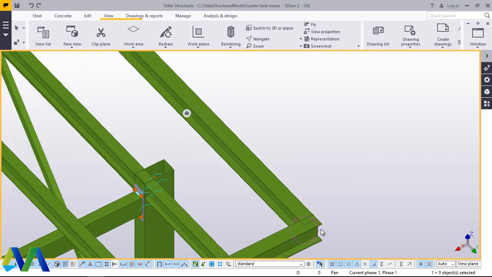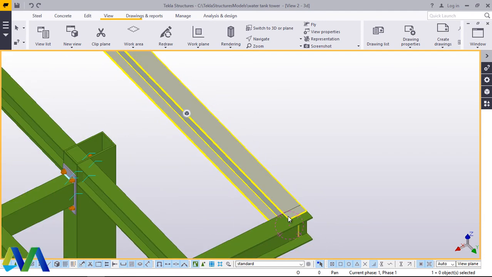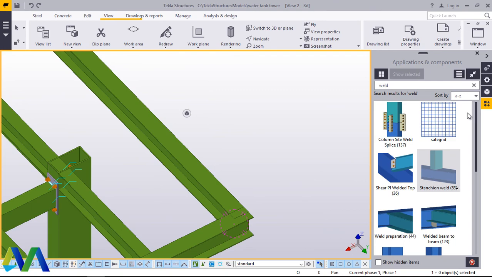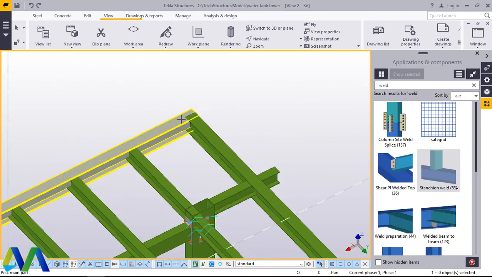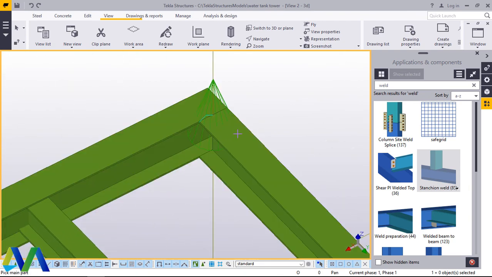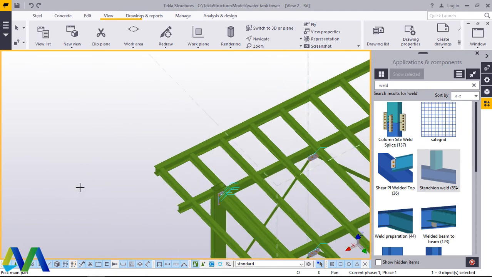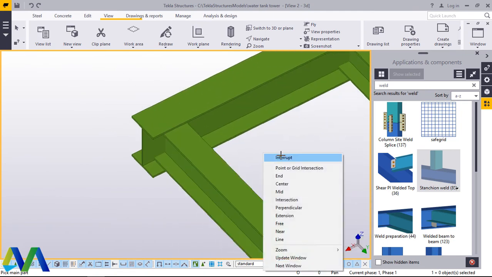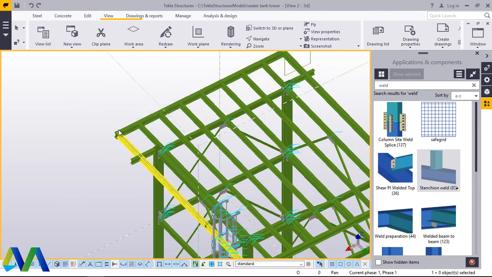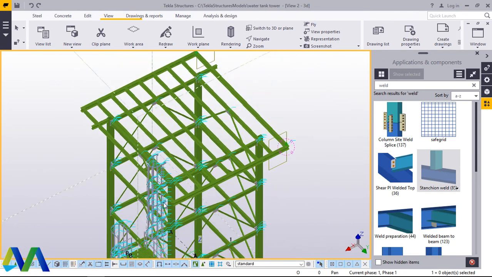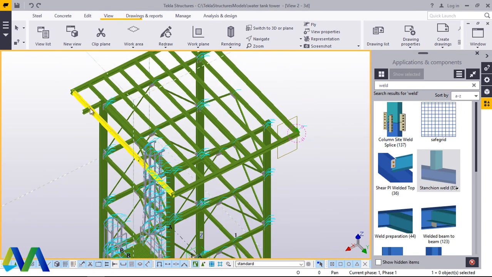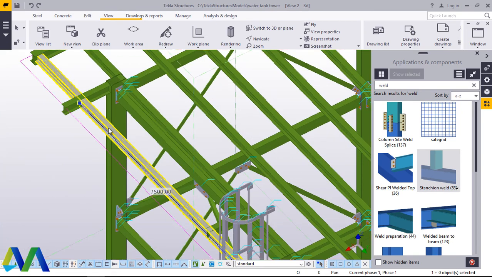Come and check whether that has been done properly. Now you can go back to weld and do exactly the same thing. Weld that and weld this, and this should change. This should change to this size. Now what we are going to do, just to click on that, just to undo everything here,